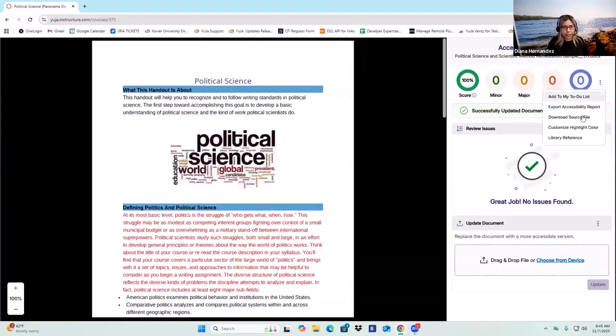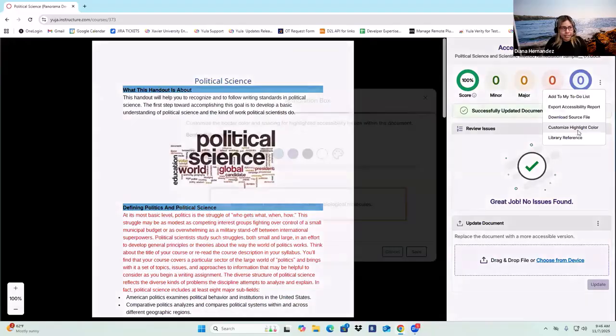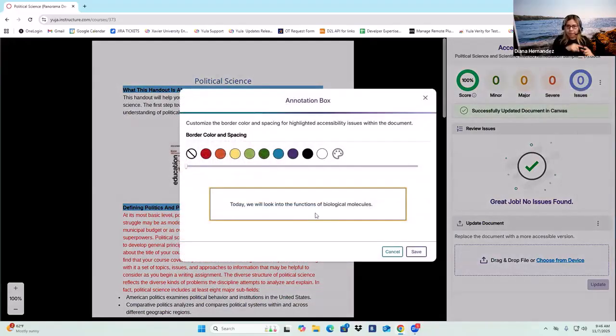Also, you can export the accessibility report. If you want to send this report to someone else, you can download it as an Excel file. You can customize the color. As Panorama flags issues, you might see a yellow highlight around where the issue is located. You can select a different color or how far apart the highlight is from the issue.